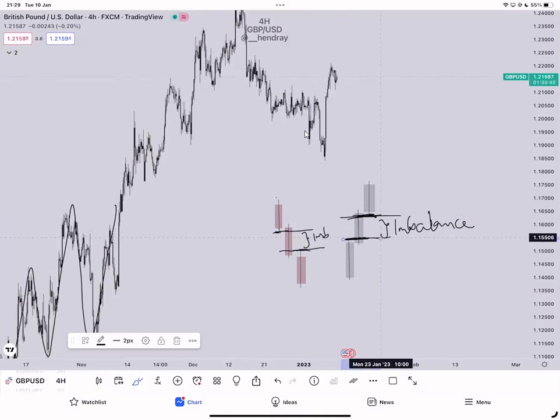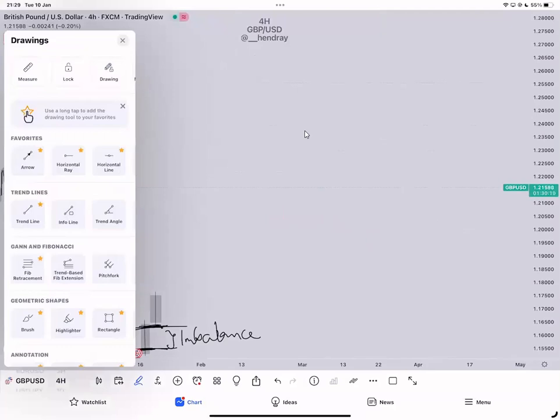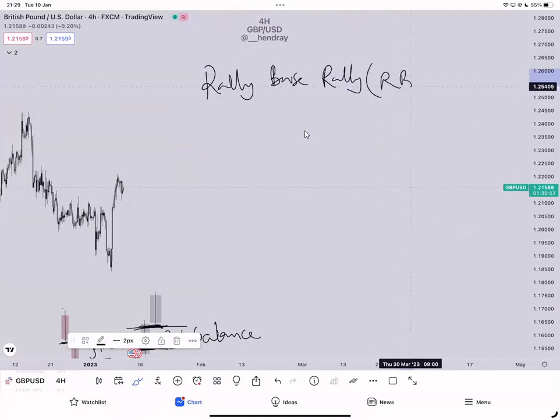Okay, so what do we now call a base candle? In demand and supply, we have four different forms of demand and supply. We have the rally-base-rally, which is RBR,